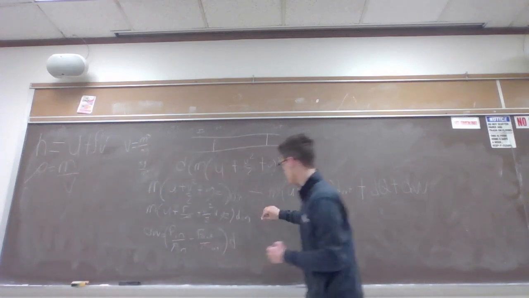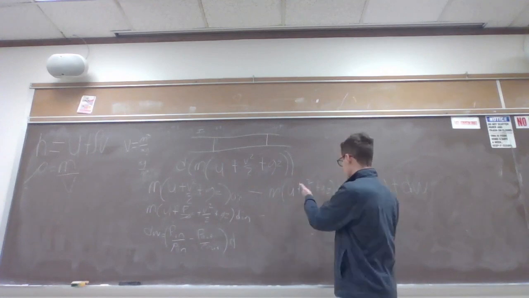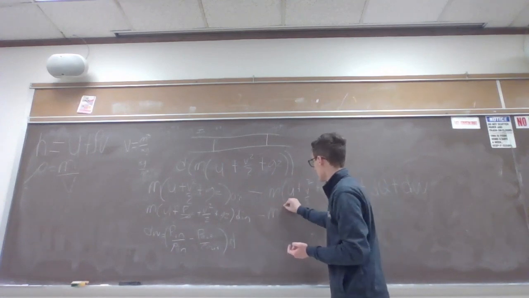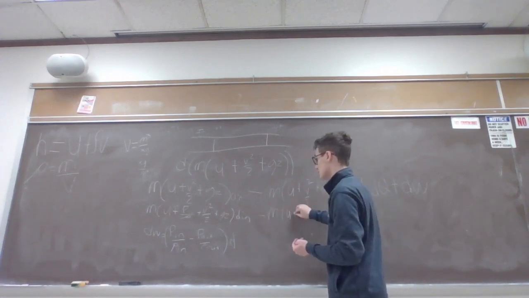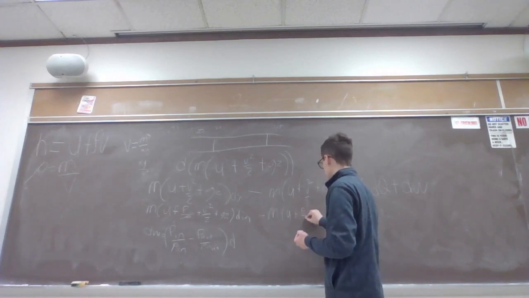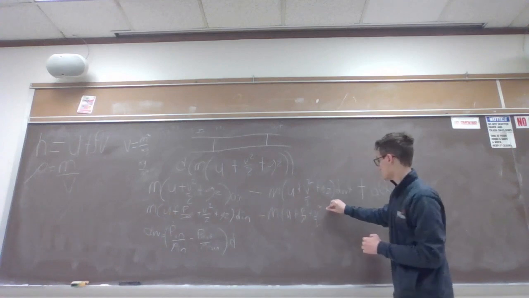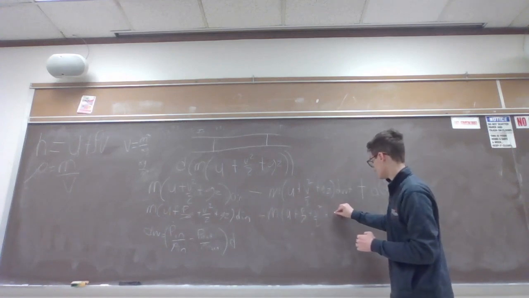Then we would subtract, as we've done this before, M of U plus P over rho plus V squared over 2 plus GZ